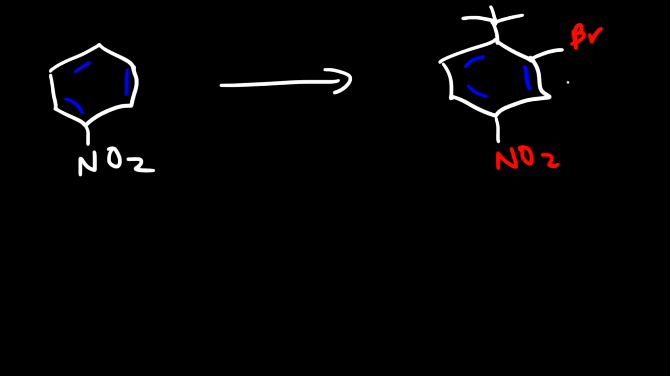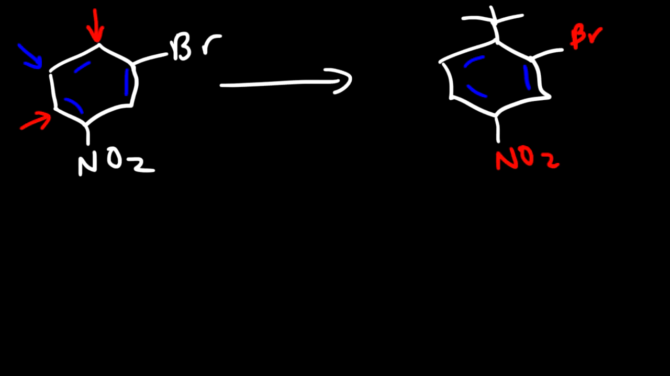So the next thing that makes sense to do is to add the bromine atom. The NO2 group will put the bromine atom in the meta position. Now, the bromine atom will want the tert-butyl group to go in the ortho and the para position. The NO2 group wants the tert-butyl group to go here. Now, bromine is weakly deactivating, NO2 is strongly deactivating, so bromine is more activating than NO2, so bromine's going to